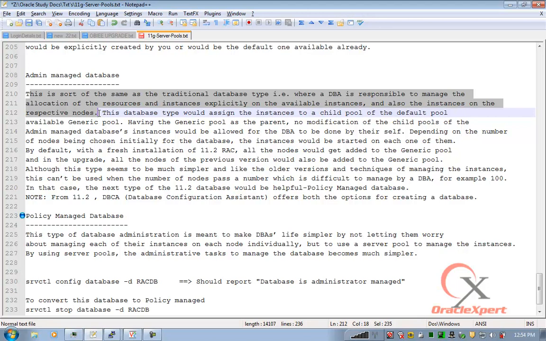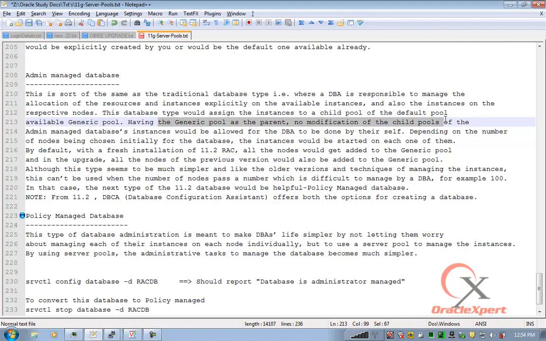The database would assign the instances to a child pool of the default generic pool. That's what we said: if you create a database of the admin managed type, it will be treated as a sub pool, a child pool of your generic pool. With the generic pool as the parent, no modifications of the child pools of admin managed database instances would be allowed for a DBA to do by themselves.